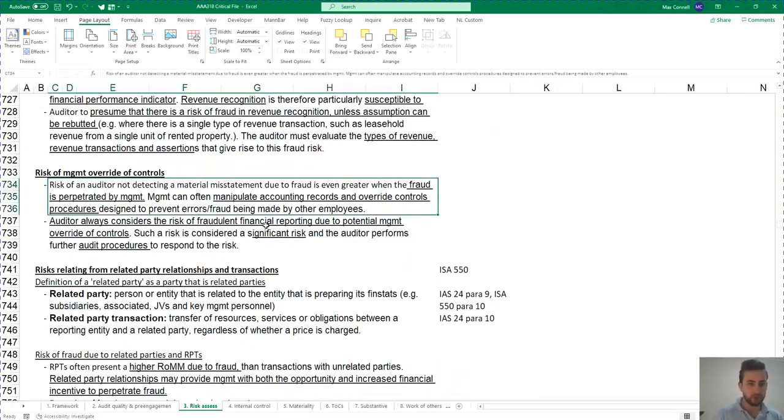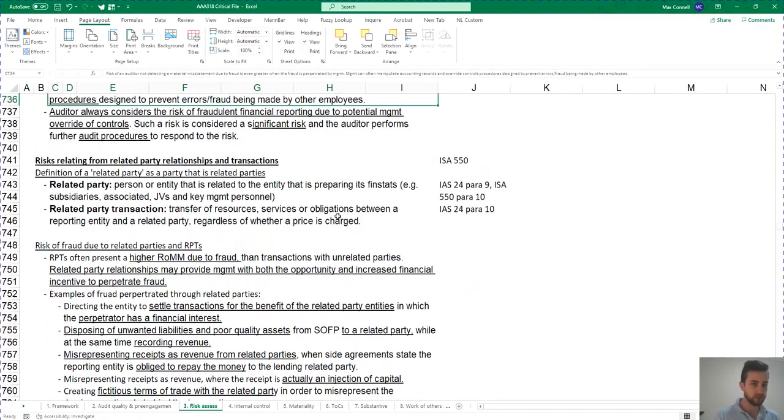The risk of an auditor not detecting a material misstatement is even greater when the fraud is perpetrated by management. Management can often manipulate accounting records and override control procedures designed to prevent fraud being committed by other employees. Auditors always consider the risk of fraudulent financial reporting due to potential management override of controls. Such a risk is considered a significant risk, and the auditor performs further audit procedures to respond to the risk. There are also risks related to related party